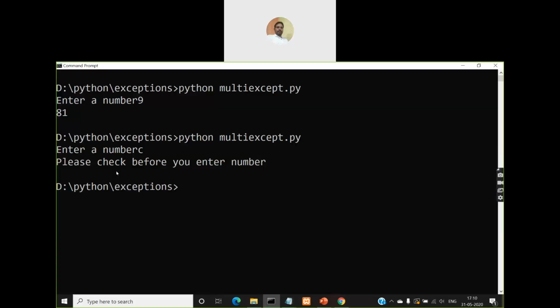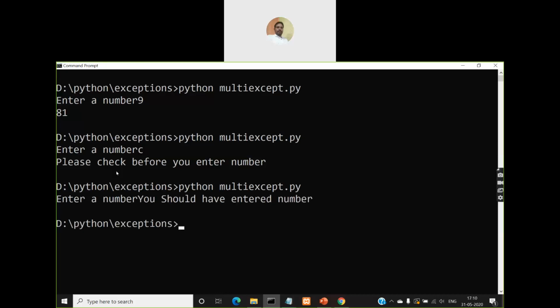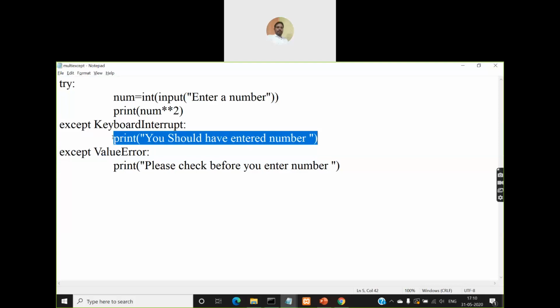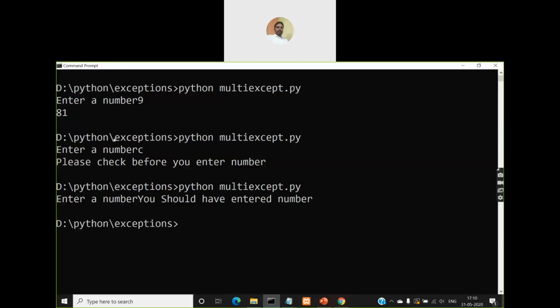So now instead of giving a number, I'll type Control C. So Control C will not give any input from the keyboard. So what is executed? Keyboard interrupt error has occurred. So this print statement, 'you should have entered number', will be displayed. So that's the reason why you're getting 'you should have entered a number'.